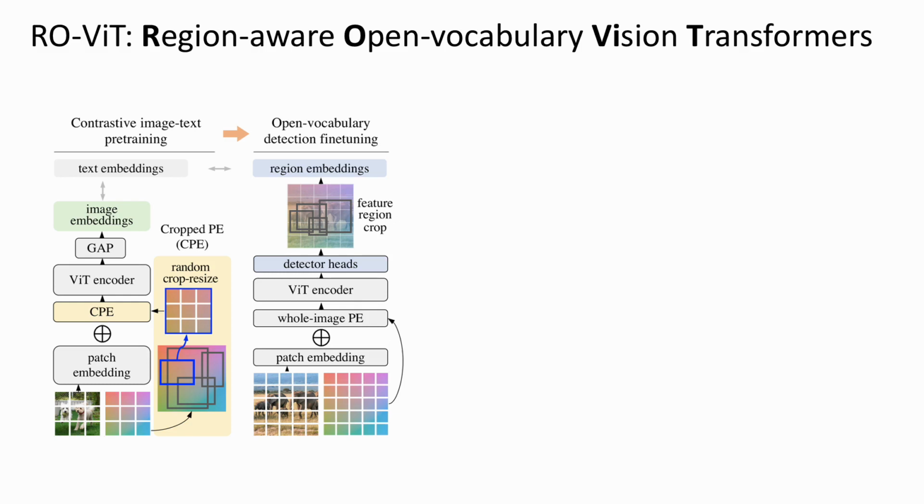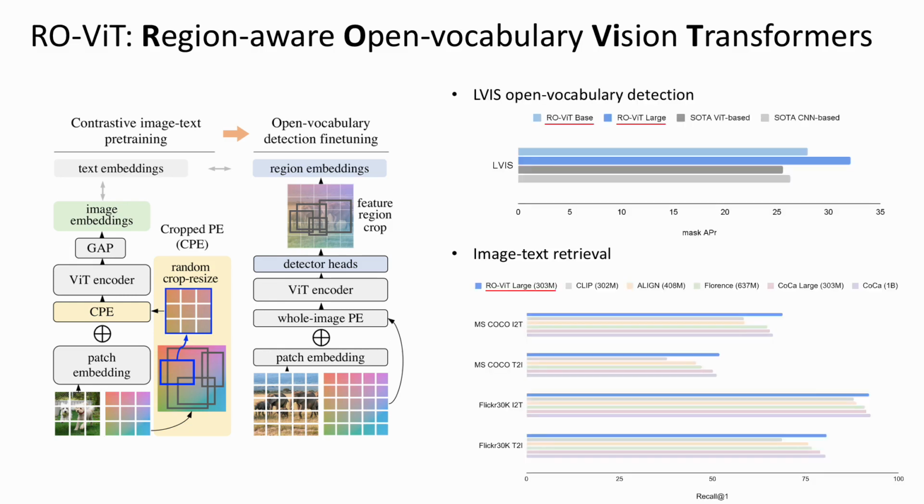In addition, we replace the common softmax cross-entropy loss in contrastive learning with focal loss to better learn the informative yet difficult examples. We achieve state-of-the-art on LVIS open vocabulary detection, outperforming the best existing method by a large margin. Surprisingly, it improves the image-level representation as well and achieved the state-of-the-art on image text